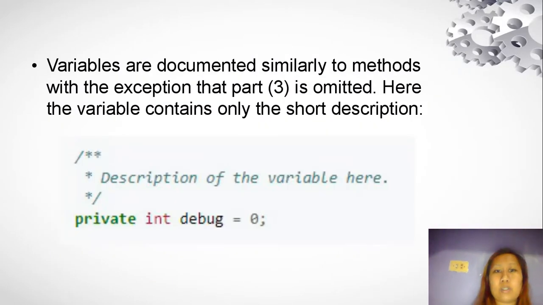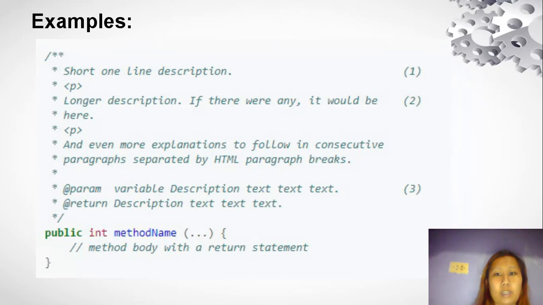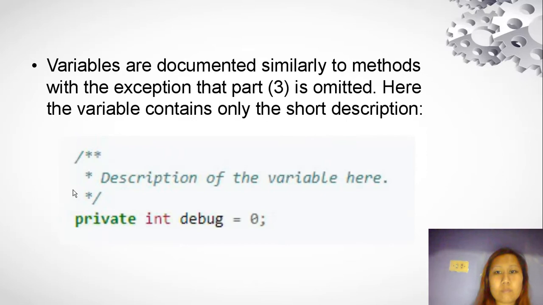Variables are documented similarly to methods, with the exception that this part is omitted. The part 3 is omitted. Here, the variable contains only the